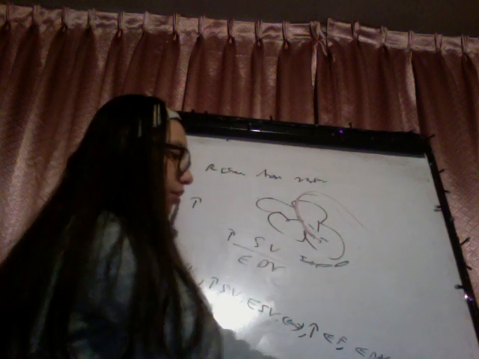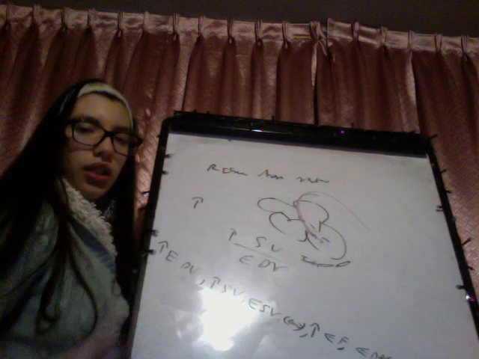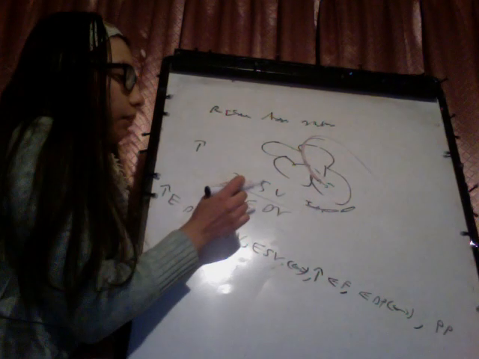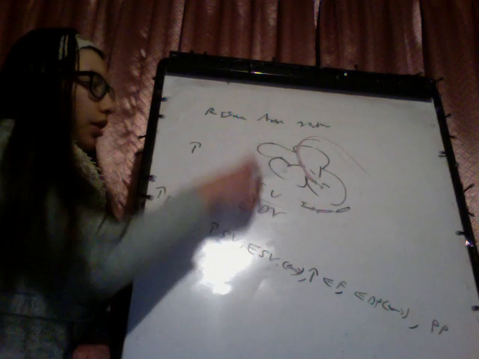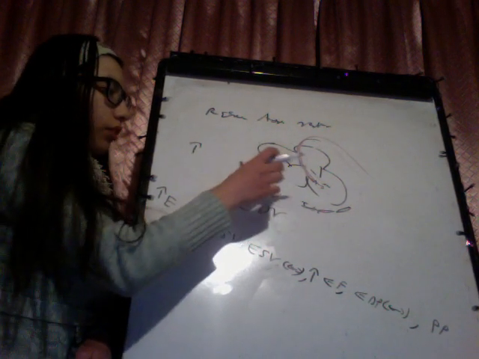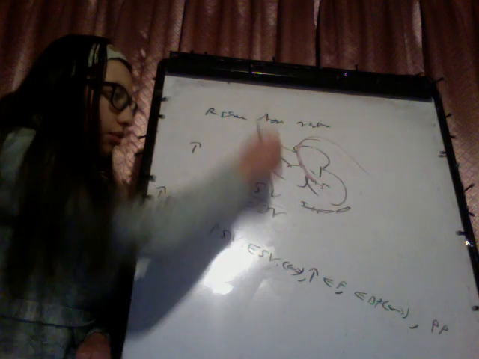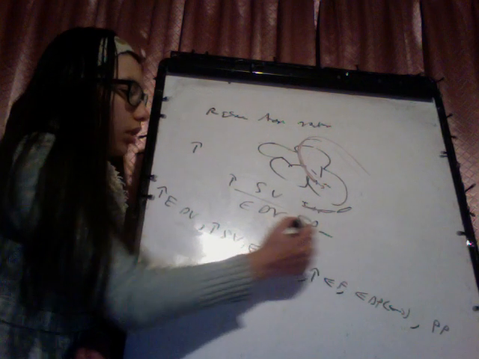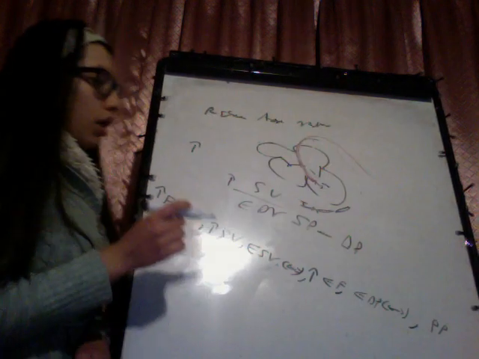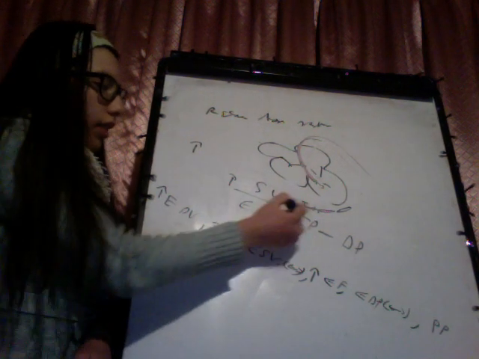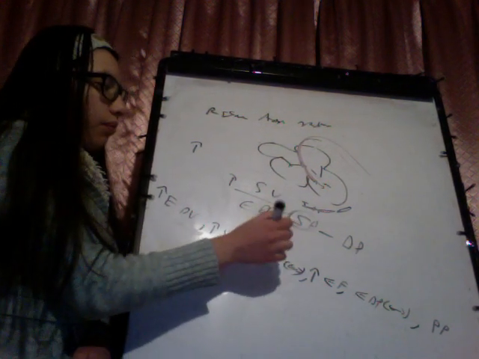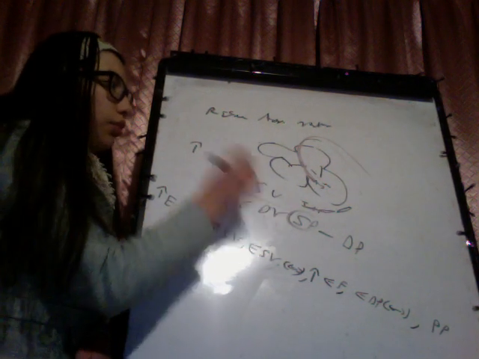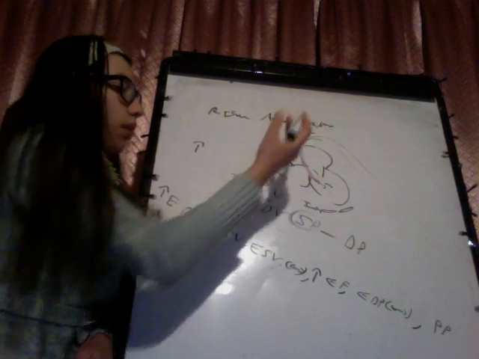And the pulse pressure. The pulse pressure is the difference between the systolic pressure, that is the ejection pressure, minus the diastolic pressure. Here we have increased systolic pressure because we have more blood that the ventricle has to expel. So the systolic pressure is going to be higher, and the aorta is going to have more pressure because